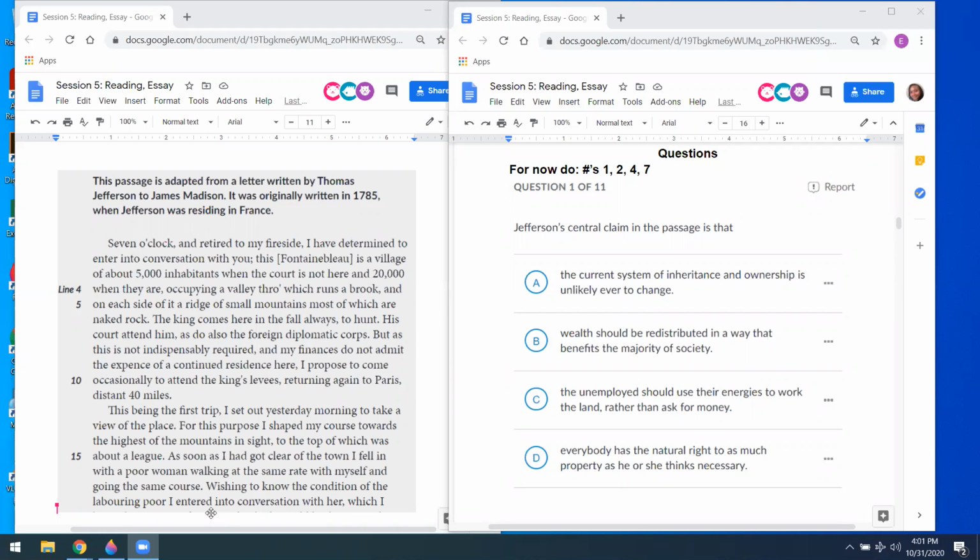I think it could be A because in the passage it was hard to really understand everything he was talking about because of the wording, but I know he was talking about wealthy people and stuff. So I don't know what